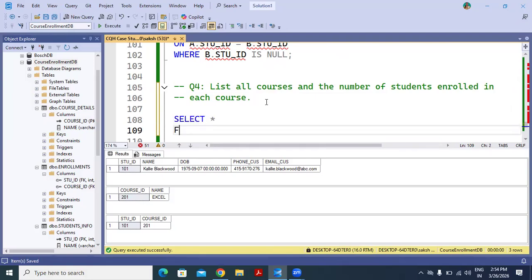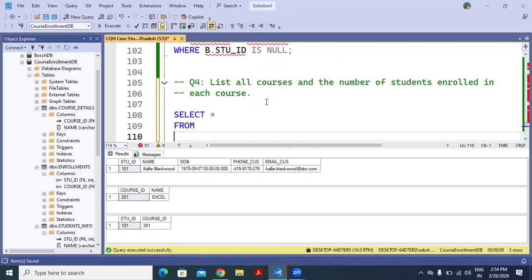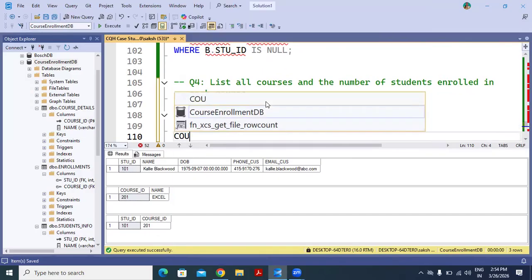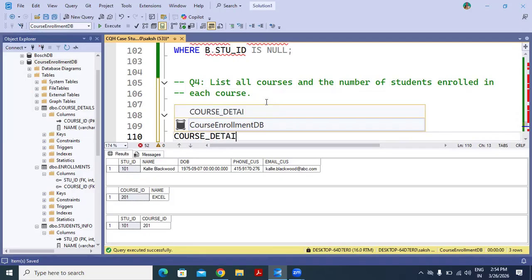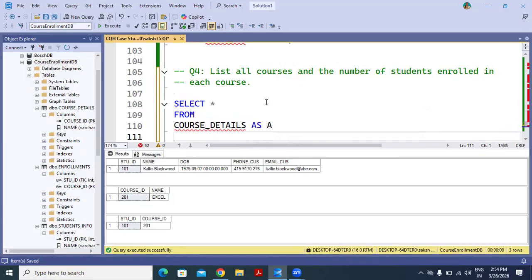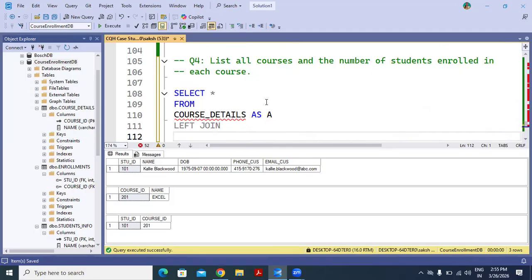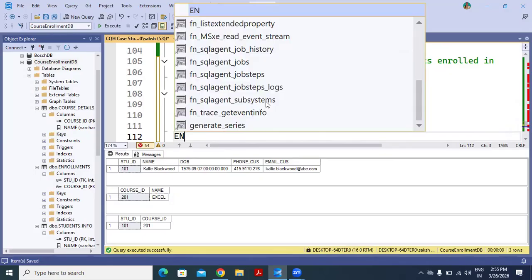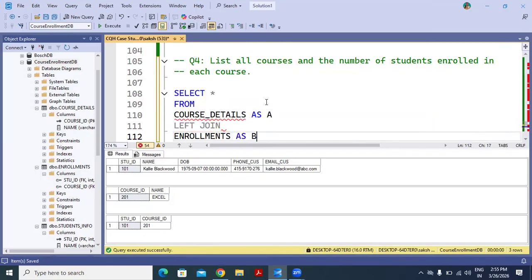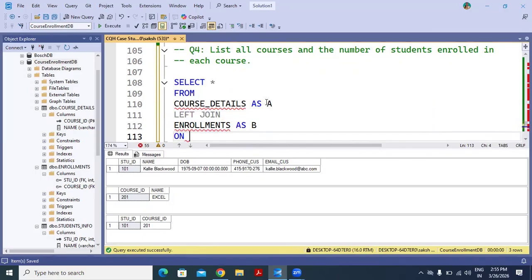Select all from table 1, that is course details. Left join because we want all the courses. So, and next table is enrollments as B on. Now the common column is course ID. So A dot course ID equal to B dot course ID.